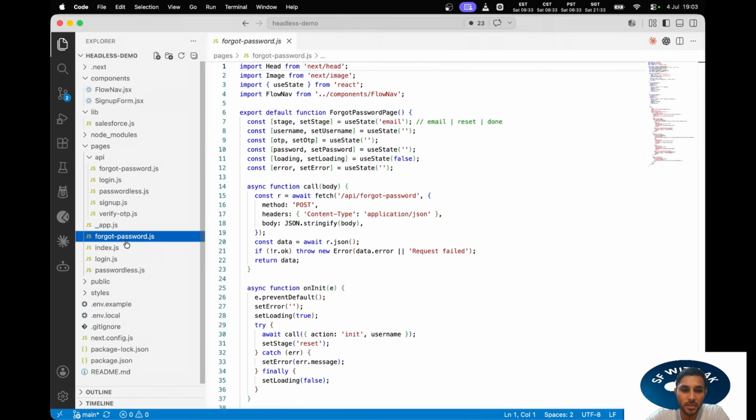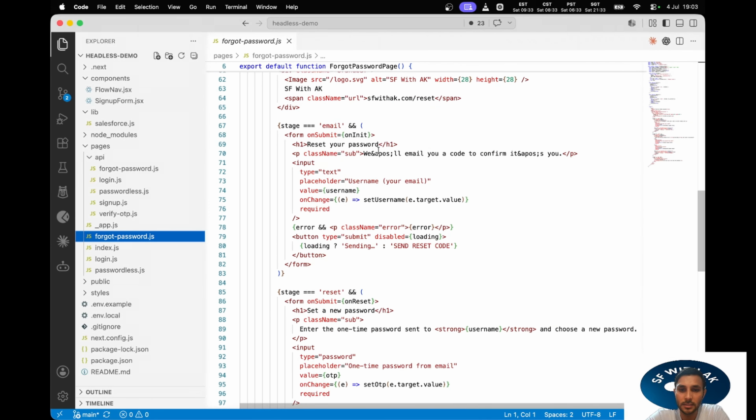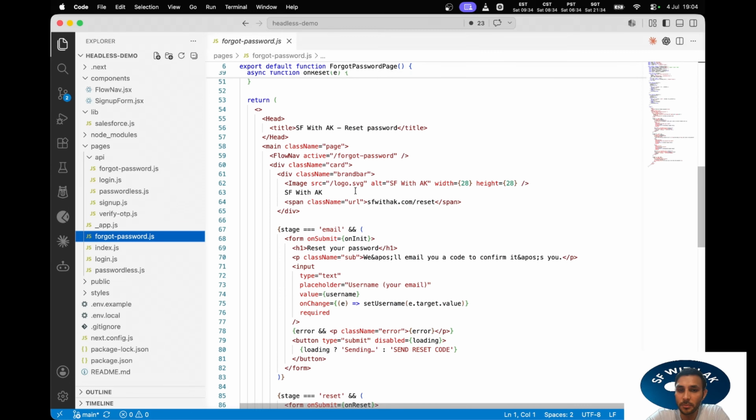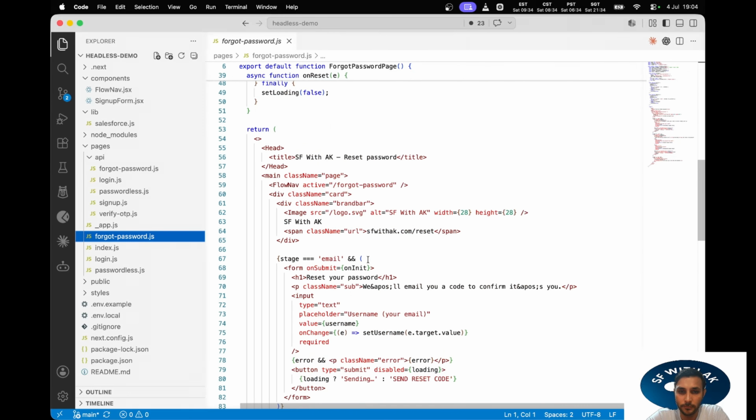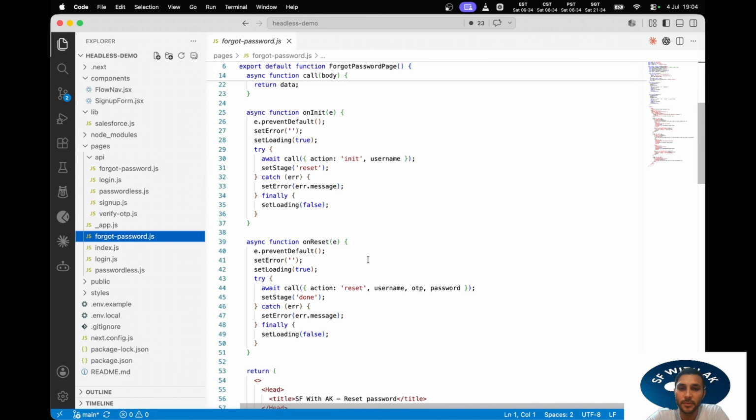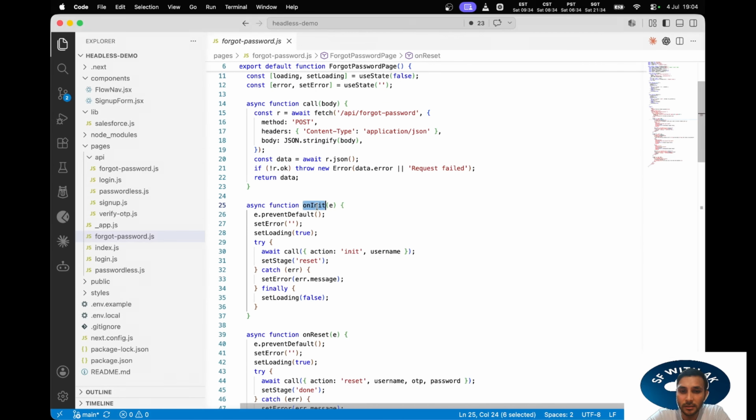So we have forgot password here, and this contains the HTML of the page where I can see the SF AK reset password page and all the other form values that I have. Similarly, it has some methods like on reset, what needs to be done. On init, that means when we initialize the reset password, it will run that,